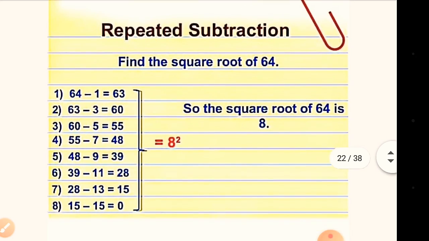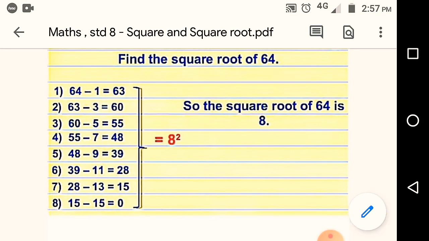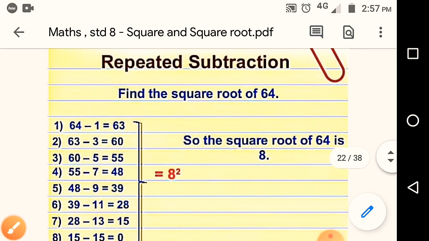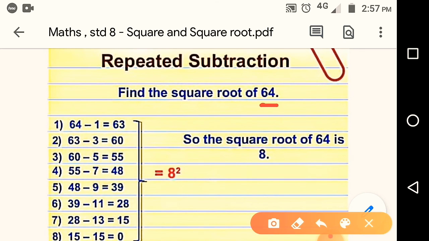This way, for example, if I want to find out that 64 is a square number, we know 8 8 is 64. ओके 64 स्क्वायर नंबर है, बट 64 किसका स्क्वायर है, किस नंबर का स्क्वायर है. आई वॉन्ट टू फाइंड द स्क्वायर रूट. नाउ वी आर टॉकिंग ऑफ स्क्वायर रूट. सो दिस इज वन मेथड. यू हैव टू गो ऑन सब्ट्रैक्टिंग odd numbers from 64, odd numbers in a sequence.